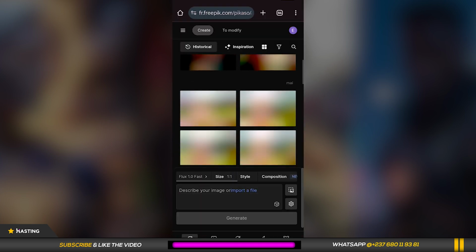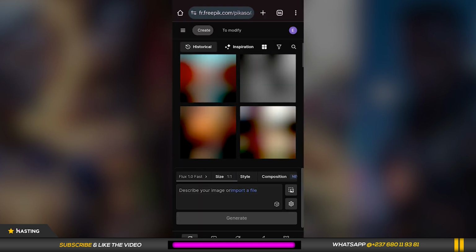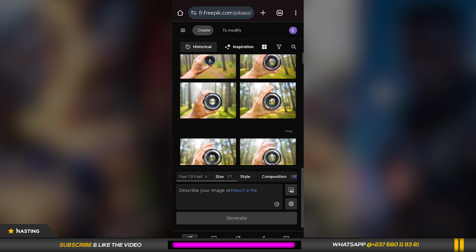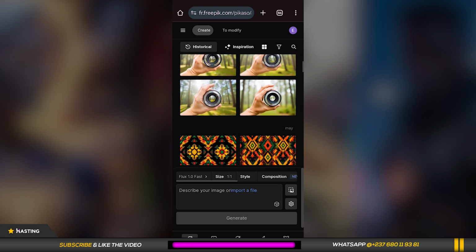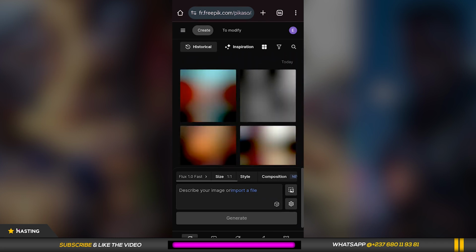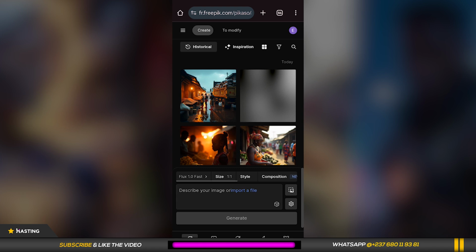Okay, it opens up like this. Over here, these are some images that I've generated already. Those are previous images I've generated. So first of all, let me tap on import a file. You can describe your image using text, or you can import a picture to reference your image,